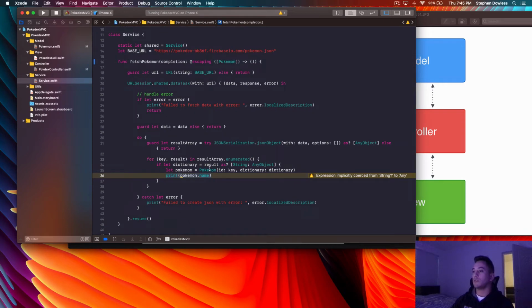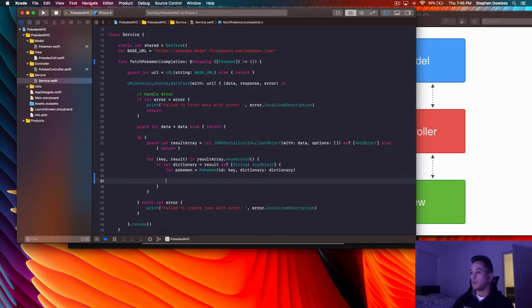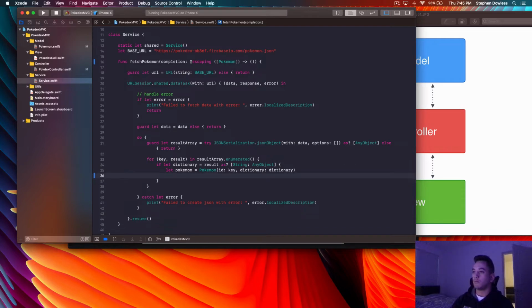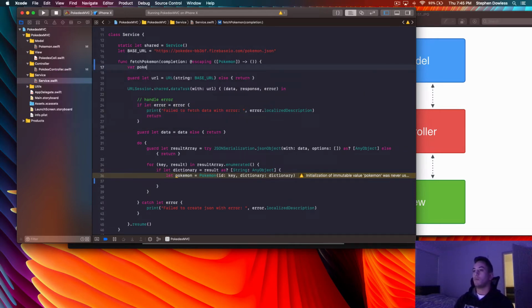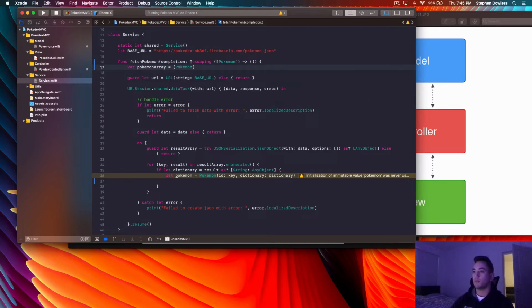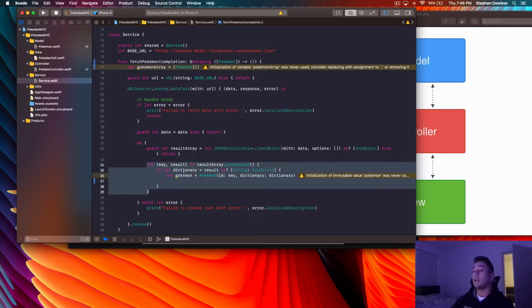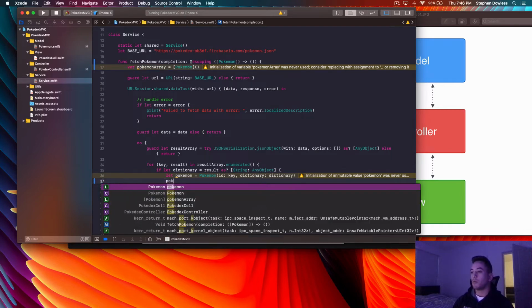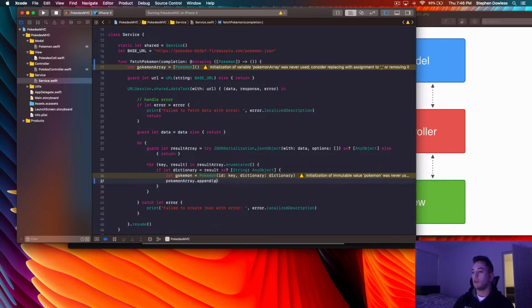And you can go ahead and delete this line of code here, print Pokemon.name. And here we are going to say, actually, before we do that, we need to create this array of Pokemon. So we're going to say var Pokemon array for now equals an empty array of Pokemon. So now this is where we get each one of our individual Pokemon after we fetched our data from our API. So now what we need to do is, because this is inside a for loop, if we remember, we need to add each one of these Pokemon that we create to this array up here, right? So let's say Pokemon array dot append Pokemon.